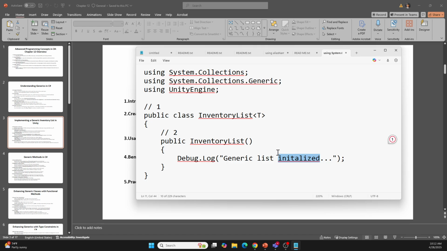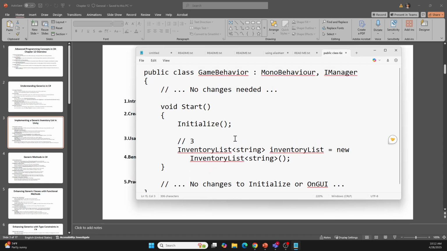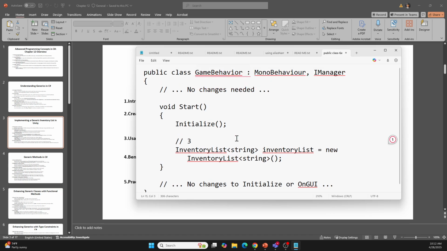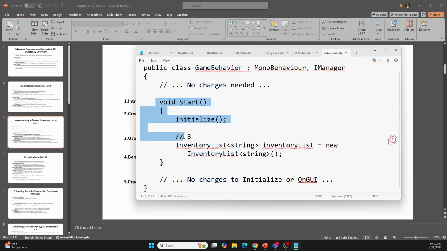And the next is creating an instance in the GameBehavior. Inside the Start method of the GameBehavior class, which is a component attached to the game object in your Unity project, the purpose is to demonstrate the instantiation and usage of the InventoryList within the game logic. So here we have